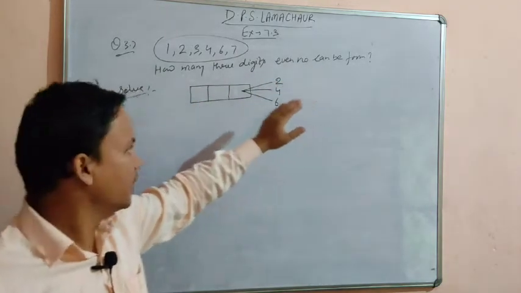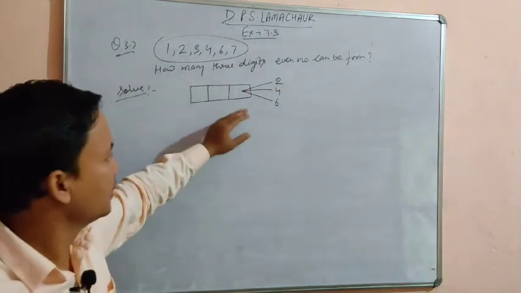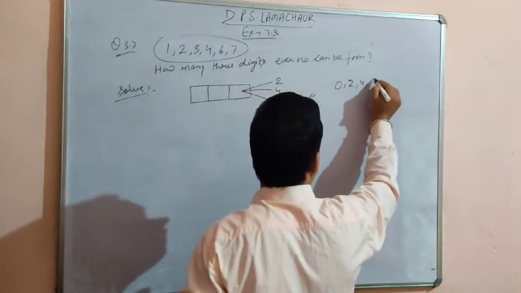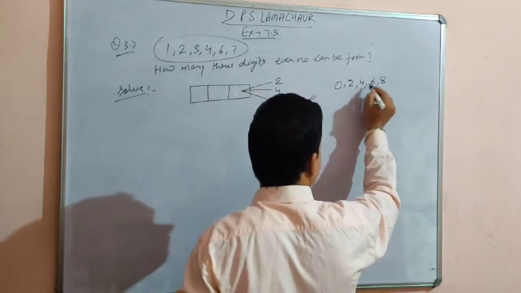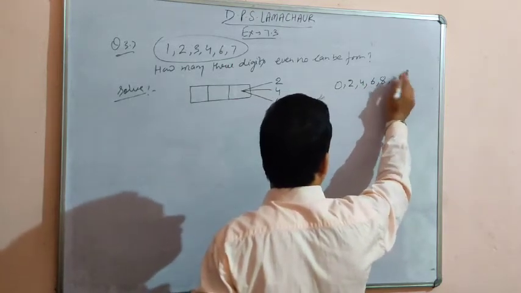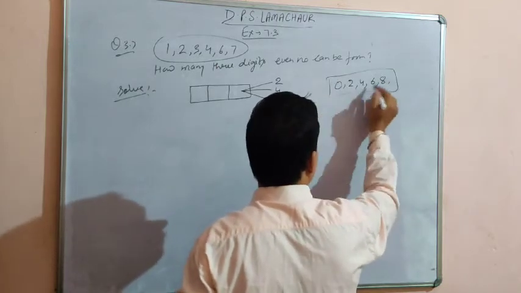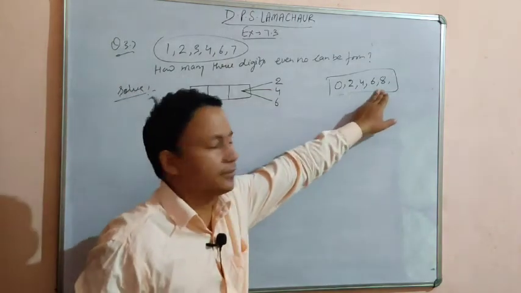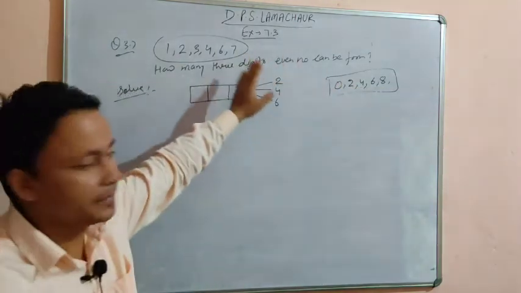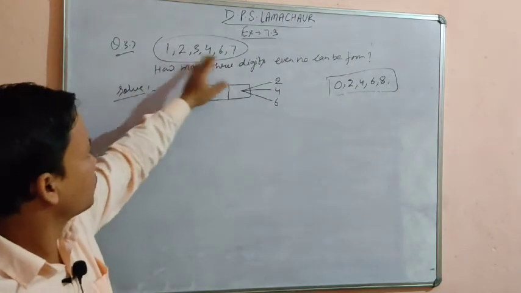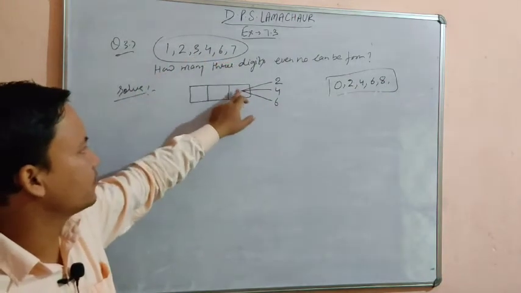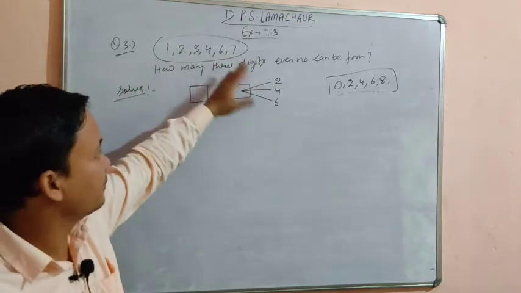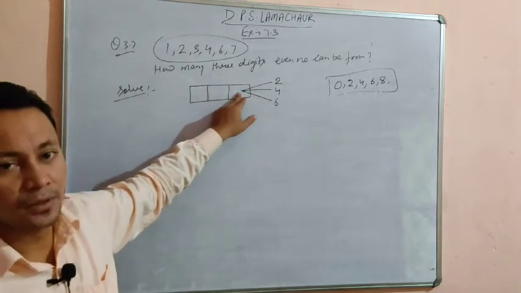And we know that what is the condition for an even number? The unit place can be either 0, 2, 4, 6 or 8. These are the options: 2, 4, 6, 8 and 0. So if the unit place is filled with these kinds of digits, then the number will be an even number. So out of the given options we have only 3 options to fill the unit place: 2, 4 and 6. So to make the even number we have only 3 options to fill the unit place.